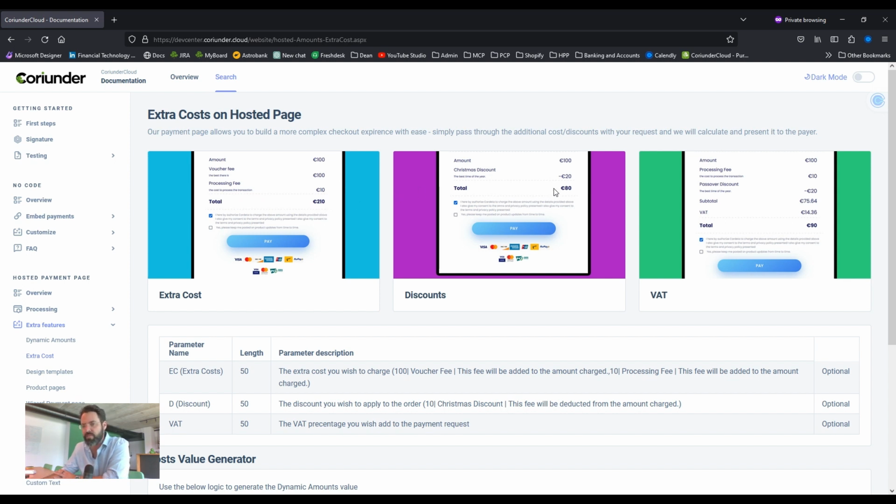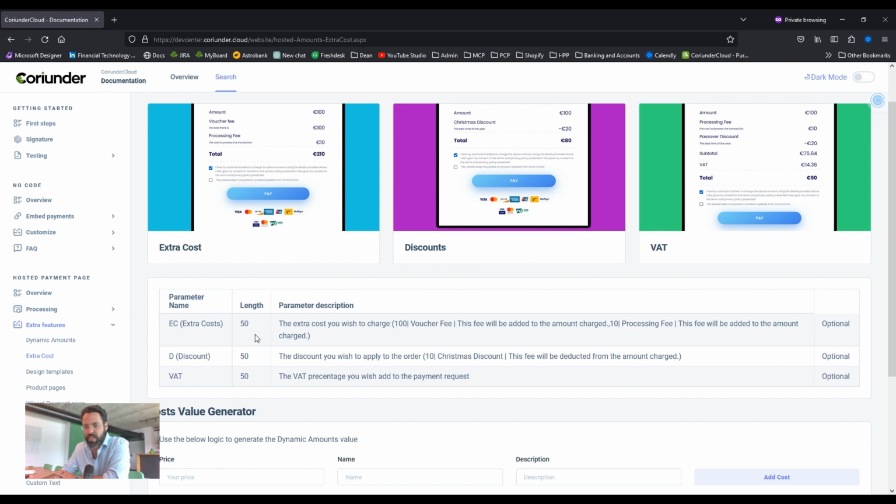Same goes for discounts. They can describe the full amount with the Christmas discount of minus 20, and then we charge the net amount to be paid. Also, giving us the VAT value for us to calculate, and then showing to the user what is the net amount to be paid and how much the VAT was out of that amount. Of course, you can send all those values together for the calculation, giving the merchant full flexibility about the